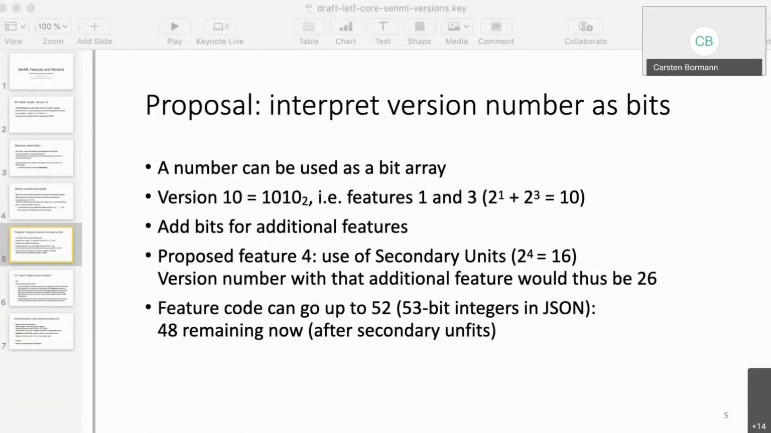It was the one thing that was left open when we got ISG approval for secondary units. We didn't say how ZenML is actually going to use them. We know how they will be used by other SDOs, but we didn't say how we are going to use them ourselves. Having a bit in the version number that says, this is not your grandfather's ZenML, but it's actually using secondary units, would be the way to answer this requirement. So we would use one of these bits right now, and we would still have